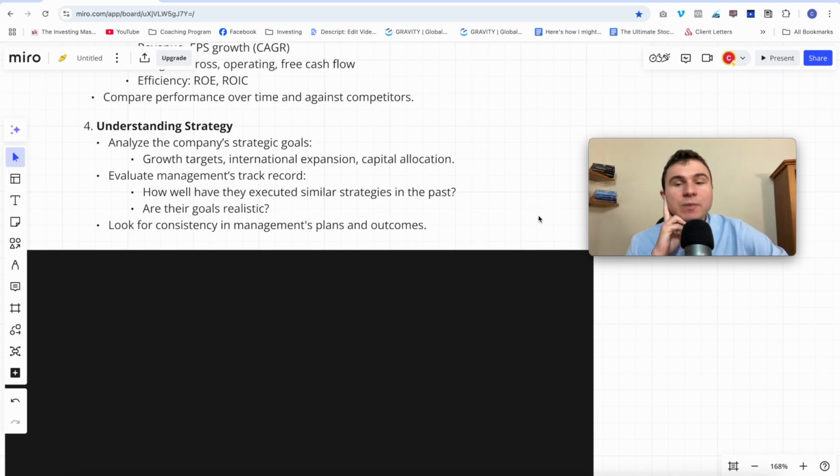For example, if the management of a company has never done any mergers or acquisitions for the past 20 years, and now in 2024 they announce a big plan of acquisitions because we see a lot of synergies and this market is opportunistic or for future growth. Okay guys, how do you believe that? How do you know if they will succeed in their acquisitions? Because they have never done it in the past. So how can you check? For me, that's a red flag.